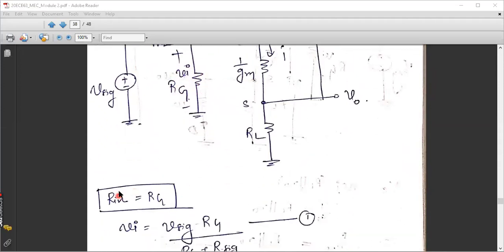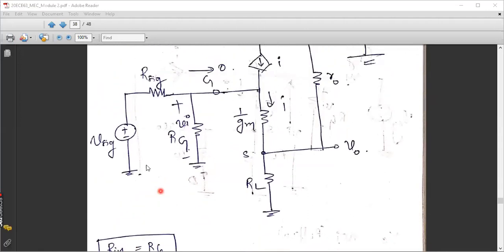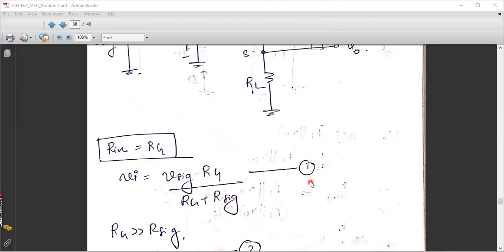So we will consider Rg as our input resistance simply by observation and without any analysis. Now let us relate my input with VSIG. Vi is not exactly equal to VSIG because we are expecting some voltage drop across RSIG. So RSIG and RG will constitute a voltage divider network. Therefore, after applying the voltage divider rule, we got the expression for Vi, which is equal to VSIG times RG divided by RSIG plus RG, that we already wrote yesterday. Let it be equation number 1.